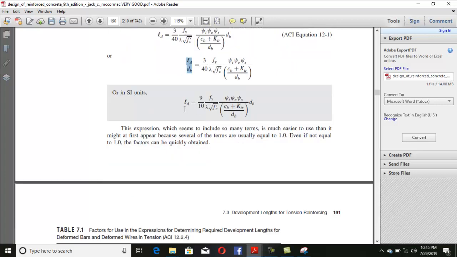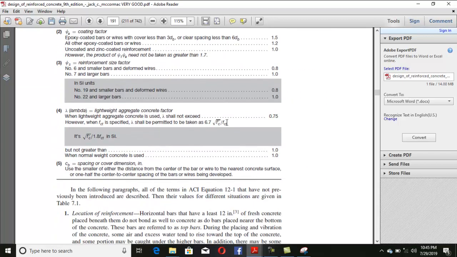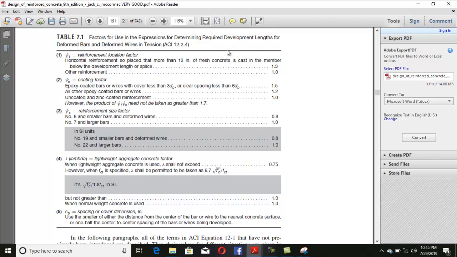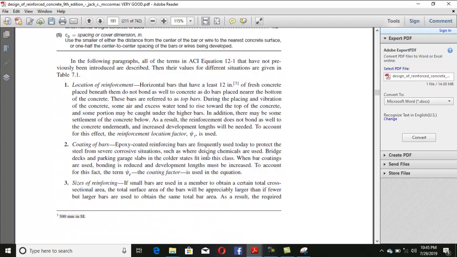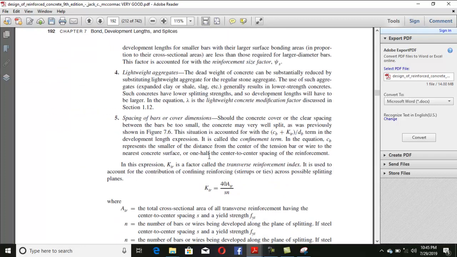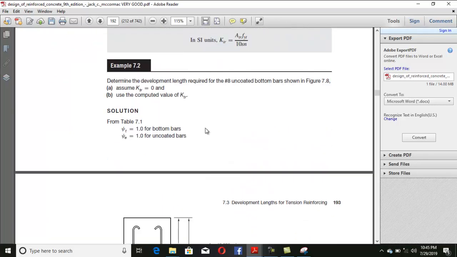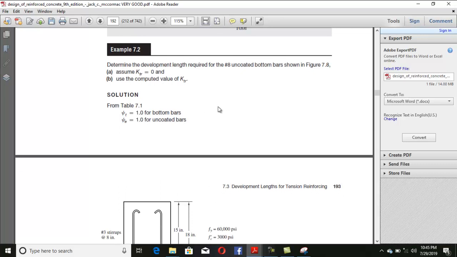This is the ACI, there's 3/40 and this is only 9/10. This is the only assumption. Those are the factors which I already explained to you. So there is nothing new to explain, and this is the example. Inshallah, we will do this example. In the next lecture we will do these 3 examples in full detail, and you will understand what kind of assumptions and what kind of factors there are, how we use these factors and how we calculate these. So up to this limit, if you have any doubt, if you have any questions,